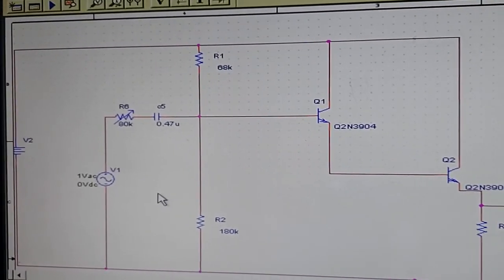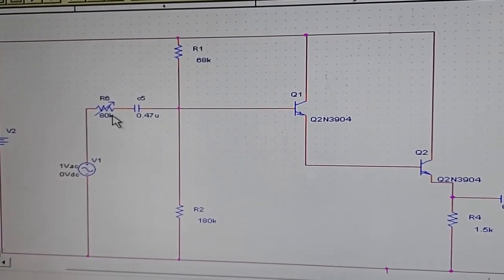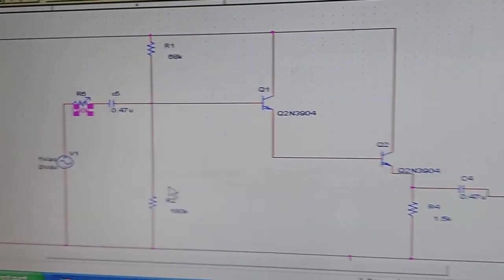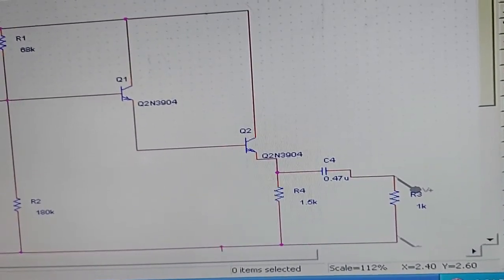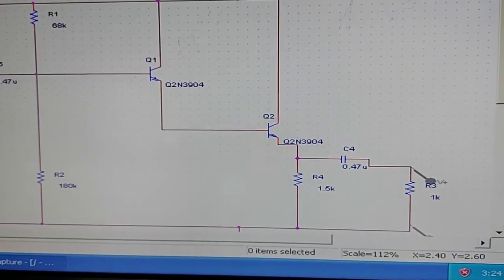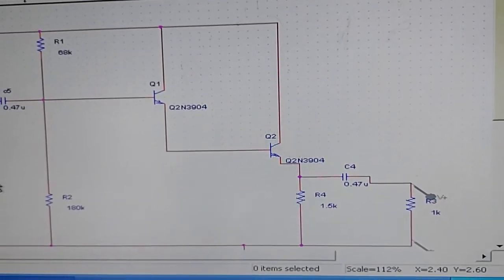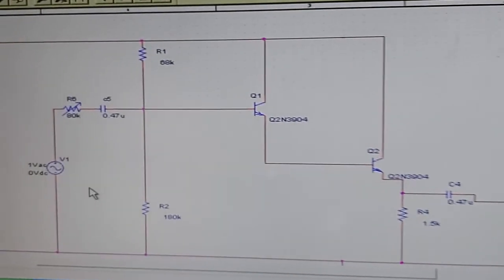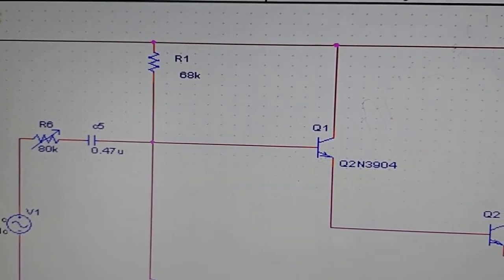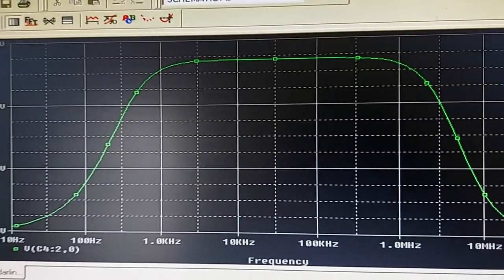We keep on varying the input resistance by trial and error, and check for what value I get the output voltage to be half of what was there earlier. Earlier we had 1 volt, so right now we are supposed to get 0.5 volts or 500 millivolts. We have observed that for a value of 80K input impedance, we are getting the output voltage to be half the value of the input. So this is it.